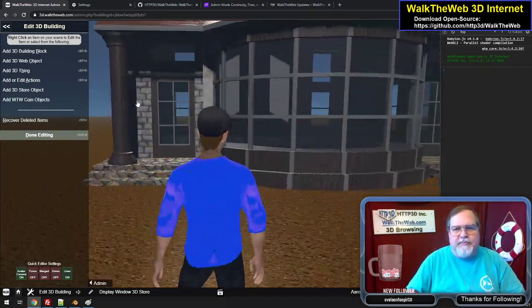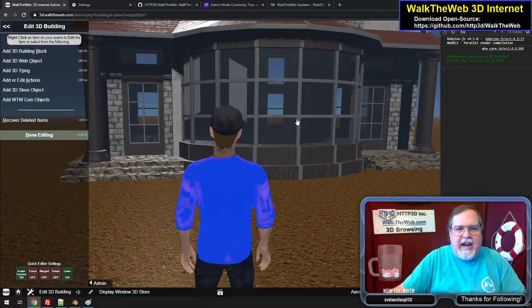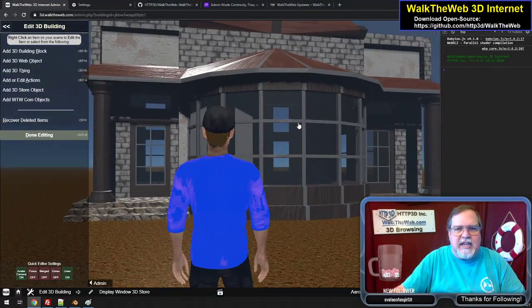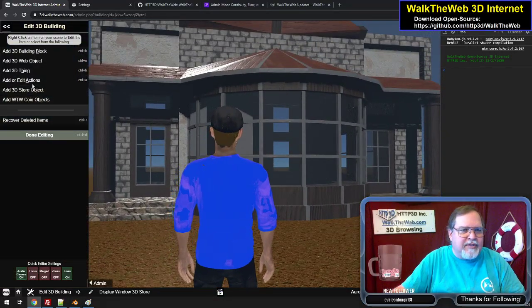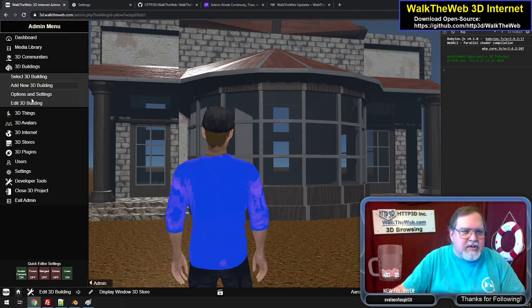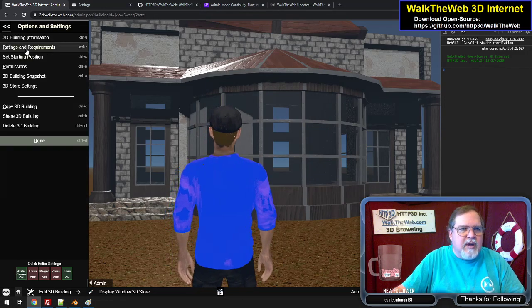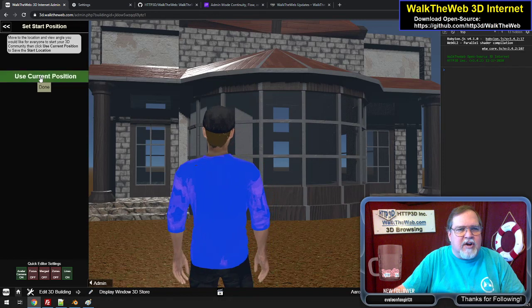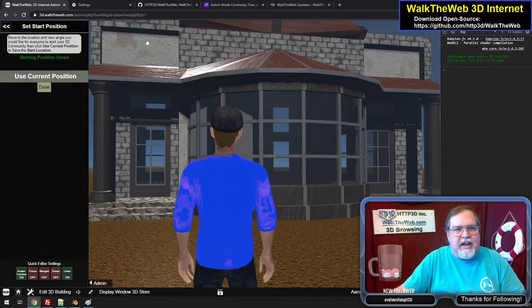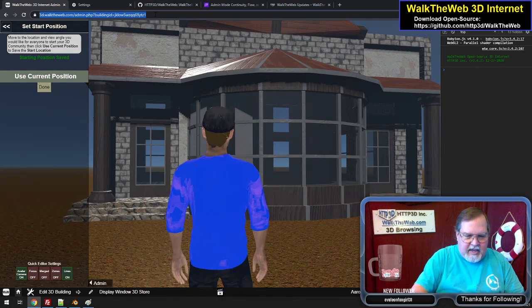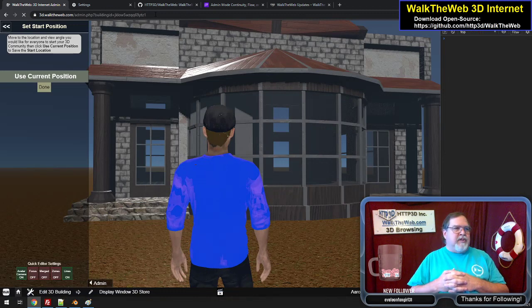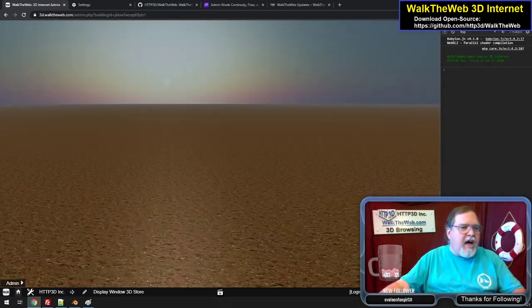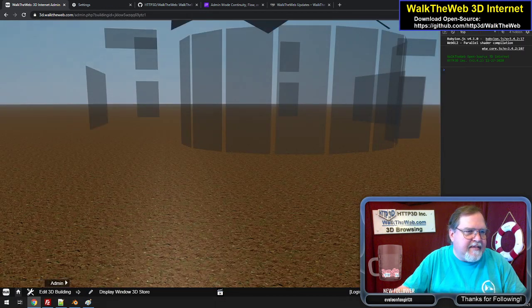For example, I can come over here and I can say, when somebody starts this scene, if they're in front of my building, I want this location to be right here. So let's go over options and settings. One of the things you can do is set the starting position. Use current position. Now that I've done that, anytime somebody goes back to this building, they will automatically be